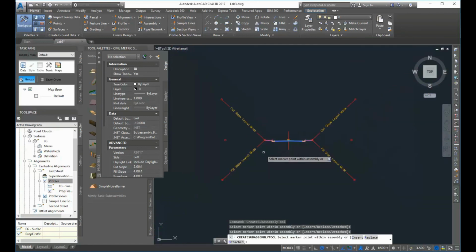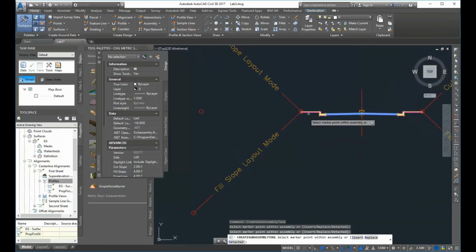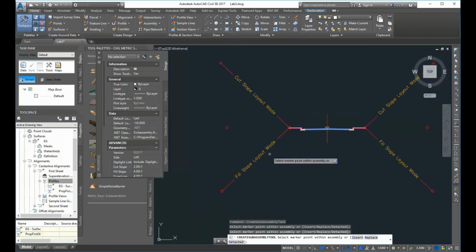And so what it does is, if this assembly is above the existing ground at this point, it's going to create a slope, a fill slope, an embankment slope, as long as it needs to until it intersects with the existing ground, right? So it's a smart element in that the distance between this intersection point and the back of the sidewalk is going to be whatever it needs to be to